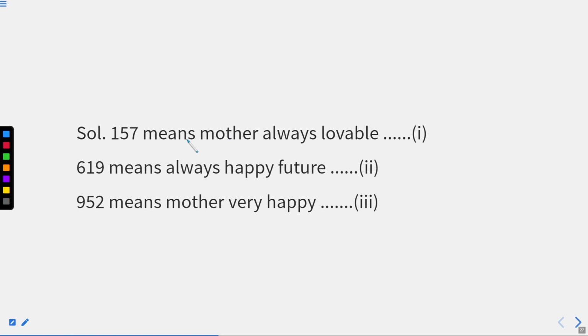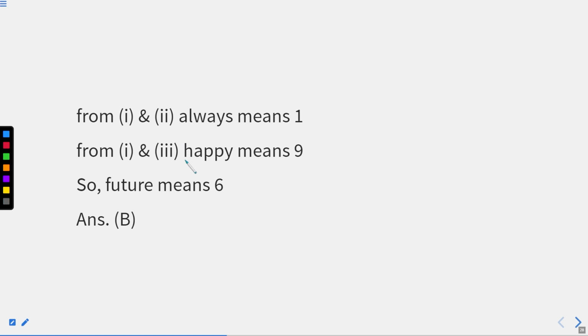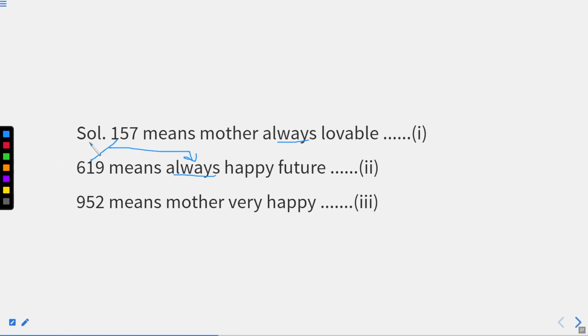How are we able to figure that out? In this and this, "always" is common, right? And which letter is common? That is 1. So "always" stands for 1. The second one, from first and third, happy means 9. Listen, from first and third, which is common? 5. Right? The word that is common is